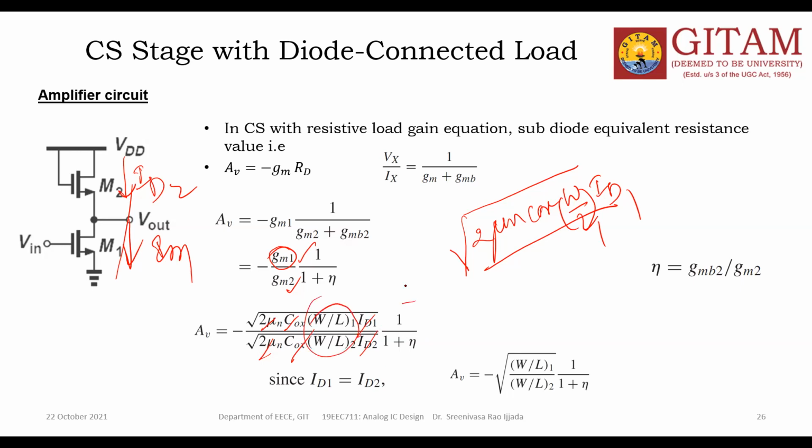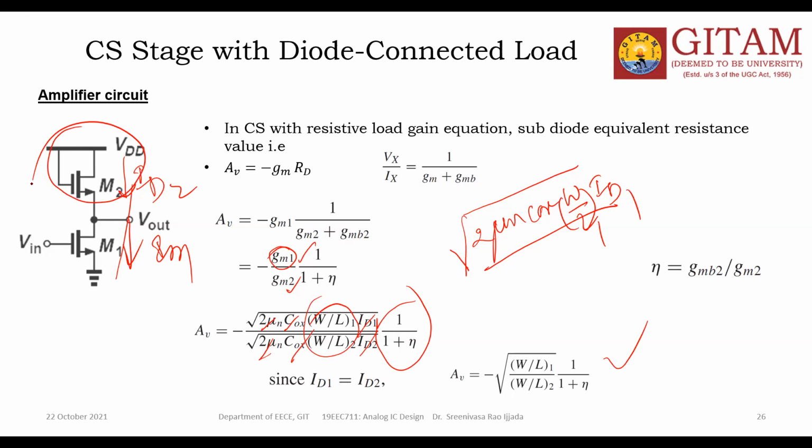And this is the voltage gain formula. The exercise is the analysis or derivation of this voltage gain for the CS stage with diode connected load. It is simple because for the load we already calculated everything. What is the impedance offered by this device? Already we derived it, so that job becomes easy.